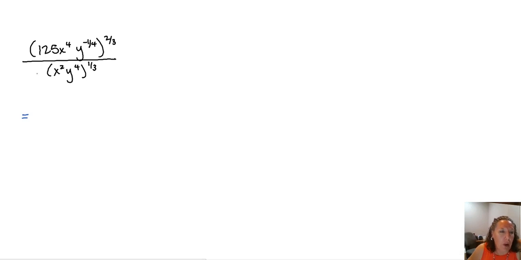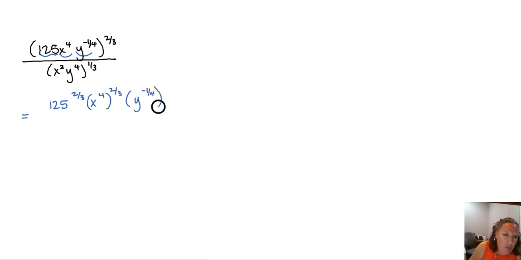So again, a couple of different routes we could take on simplifying this one. I tend to look just at the numerator and simplify that as much as I can, and then the denominator. So if we split this up, we do have 3 pieces here. We've got the 125, we've got our x factor, and then our y factor. They're all multiplied, so we can multiply them each raised to the 2/3 power. So we get 125 raised to the 2/3 times x to the 4th raised to the 2/3 times